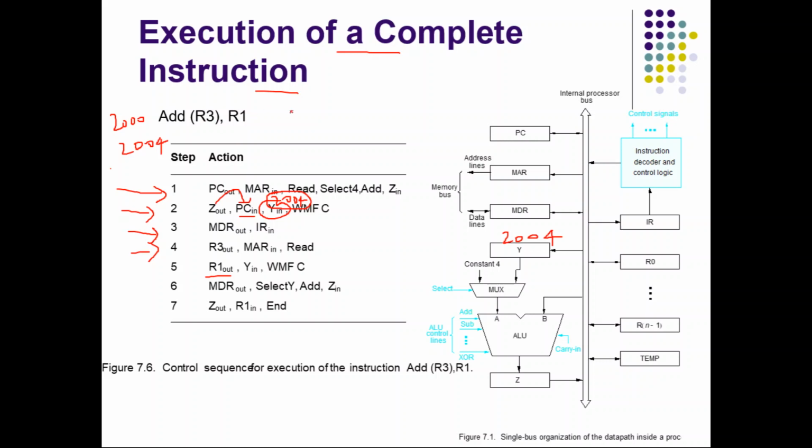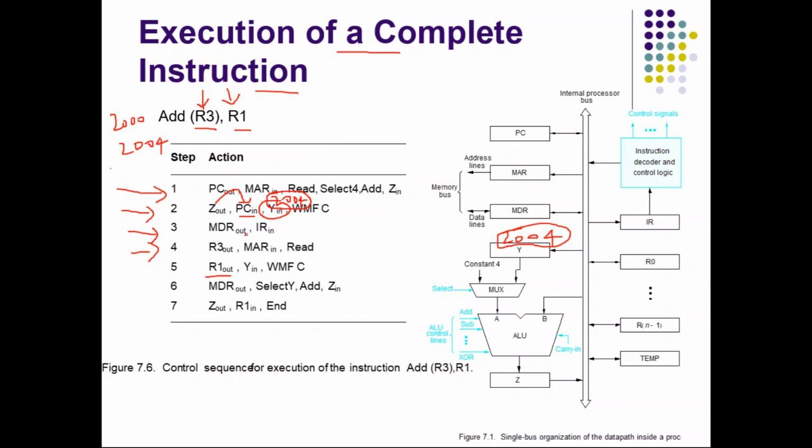Or it may be a simple instruction which does not involve any arithmetic or logical operation. In that case, this Y may not be updated. But in our case, the previous instruction was a little complex, because you have to fetch something from memory and then add it with another register. So during that time we needed Y. Even though 2004 was there in Y previously, we updated it with the content of R1. Right? I think I'm clear.